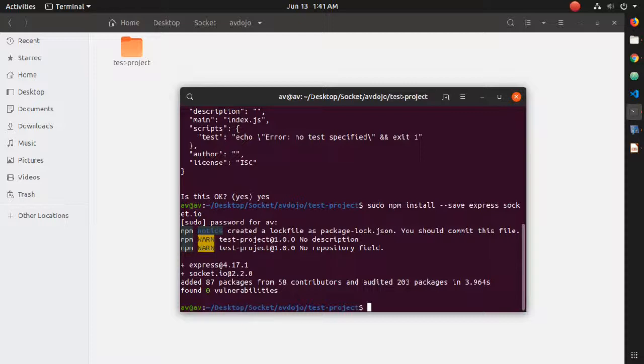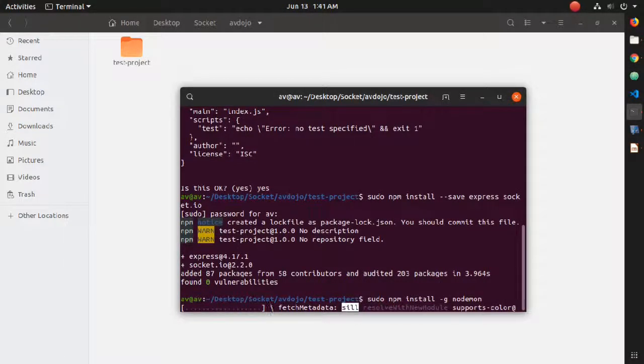It speeds up the development process. So write here sudo space npm space install space -g space nodemon and press enter,